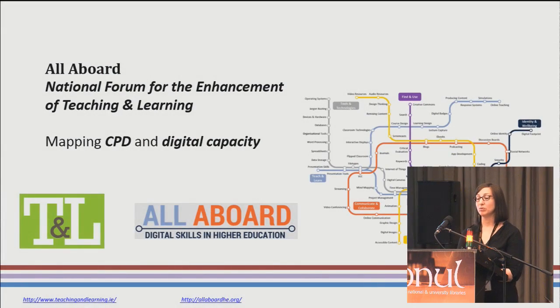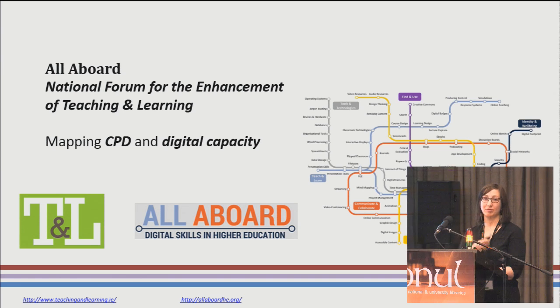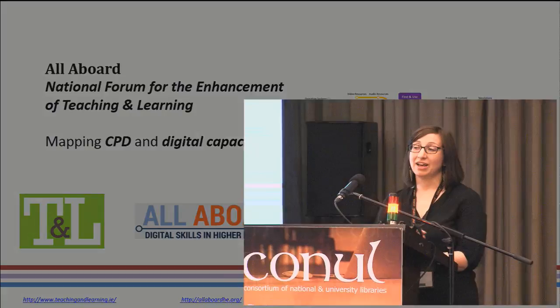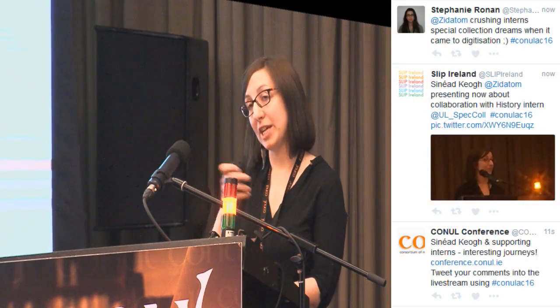So you will probably be familiar with All Aboard, and I know later on there'll be a talk which talks about it as well. The National Forum for the Enhancement of Teaching and Learning, looking at, I suppose, different areas of teaching and learning, and looking at the digital capacity of our teaching and learning, and the CPD of teachers, developed this Metro map, All Aboard, digital skills in higher education. And something that came out of this